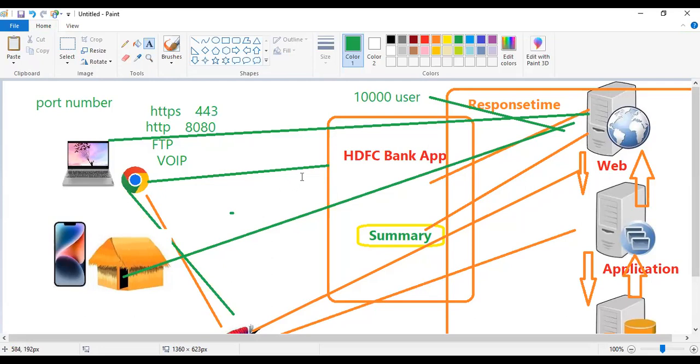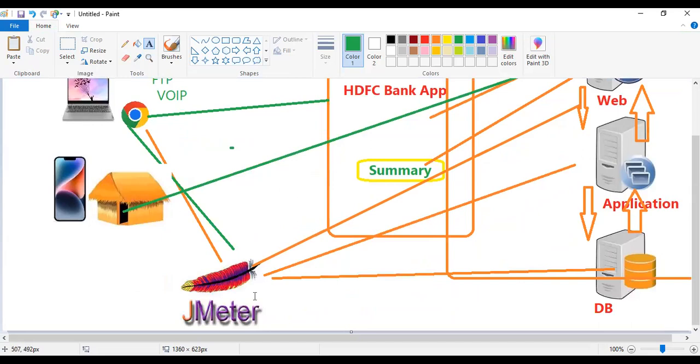Okay. Now, the same way, when we generate a script using JMeter, as I said, JMeter should act as your browser, like a proxy, as a duplicate thing. So in that case, here in JMeter also, you should give some door, right? Through JMeter, it has to go to the server. So it has to come out through JMeter also, out of some door. So you can give any door number,